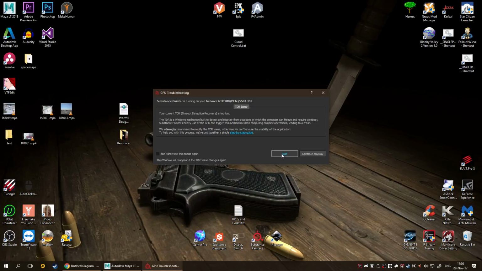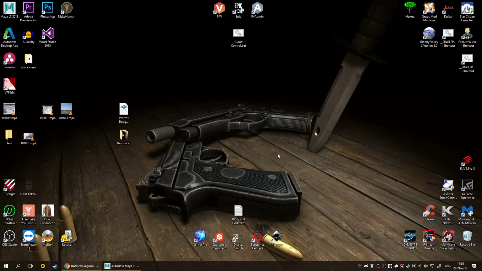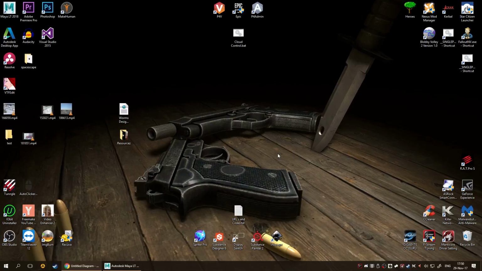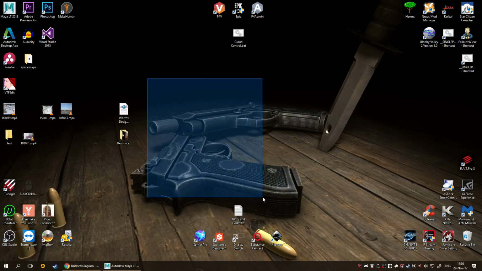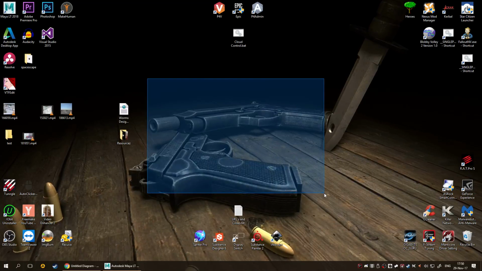Okay, look, might as well just do it, all right? I haven't set it up on mine anyway, so I might as well do it. Look, basically what the timeout detection recovery means is that if something happens and your computer hangs, let's